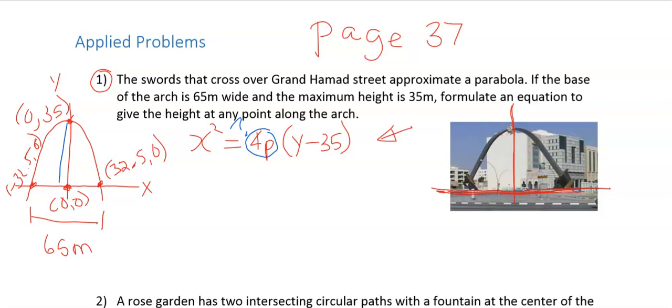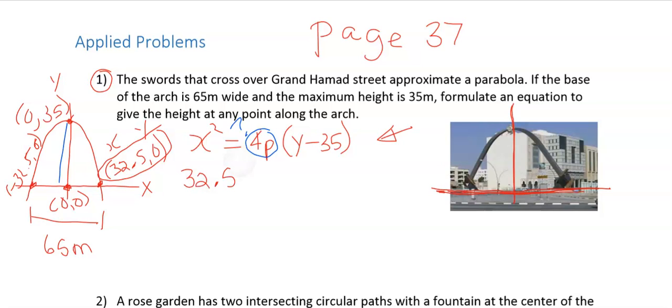And I'll tell you what we should plug in. What about that x-intercept right there? All right, put that in. So I'll put the 32.5 in for x. I'll put the 0 in for y, because remember, that point is on my parabola. It should make my equation true, shouldn't it? So you're going to end up with